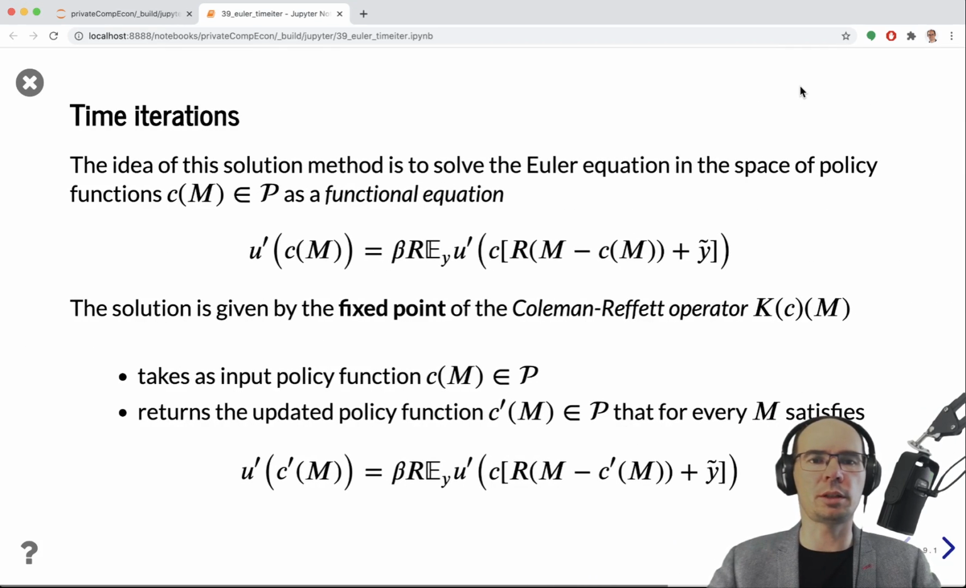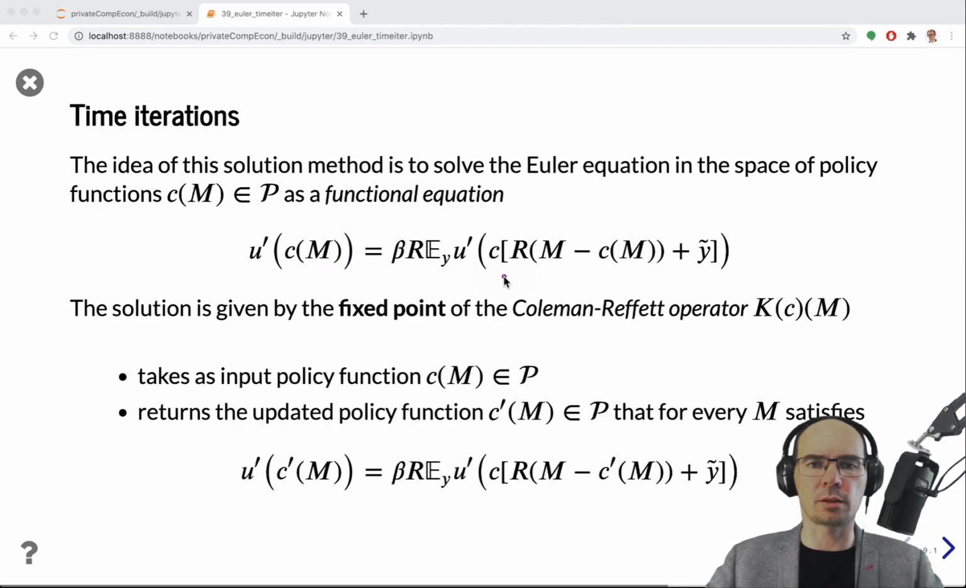Okay, now let's look at time iterations. As I said in video 37, this is an iterative method for solving infinite horizon dynamic problems with continuous choices. So the idea is to look at the Euler equation and realize that this is a functional equation where the unknown function is the function c of m, right? So with the function c of m,